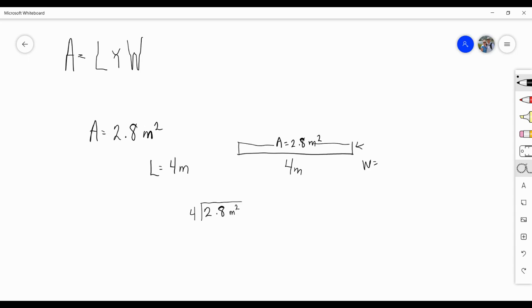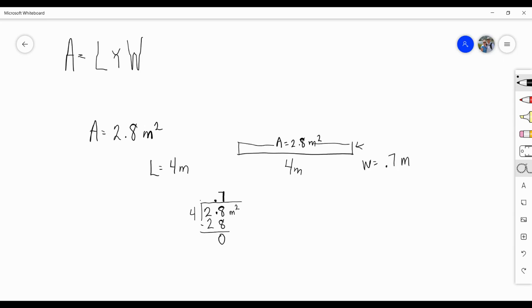Because I have a decimal in my dividend, I have to bring that straight up to the quotient. 4 cannot go into 2, so we move into 28. 4 can go into 28 seven times, so we put 7 up in the quotient. Then our next step is to multiply. 4 times 7 is 28, so we write it below. Now we subtract, and the answer is 0. So the width is